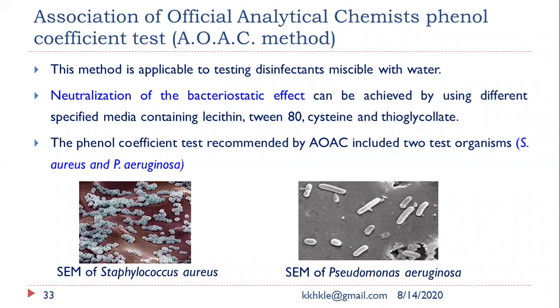Usually most of the disinfectants are miscible with water. They have been formulated in that manner. Usually the neutralization of a bacteriostatic effect can be achieved by using different specified media which contain lecithin, histidine, cysteine or thioglycolate. Depending on the chemical nature of the disinfectant which we are using, and we have already studied in the factors affecting the disinfectant activity, which are the inhibiting agents used for the different types of disinfectant. Similarly, here we are using the media which contain either lecithin